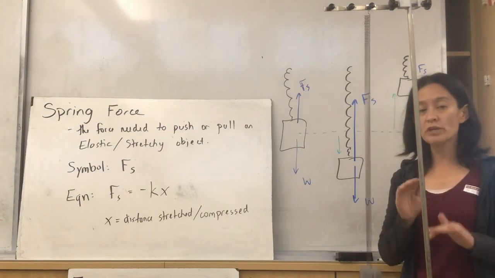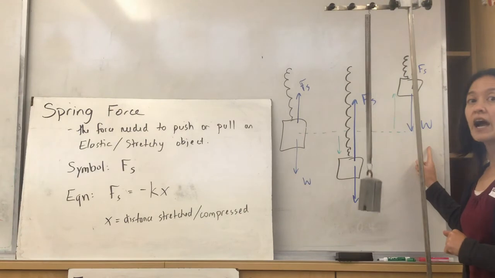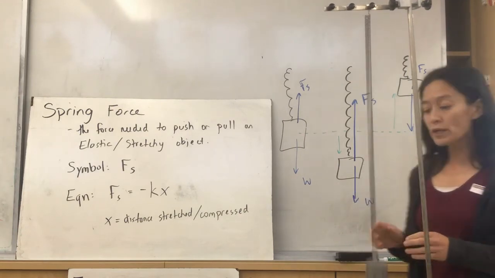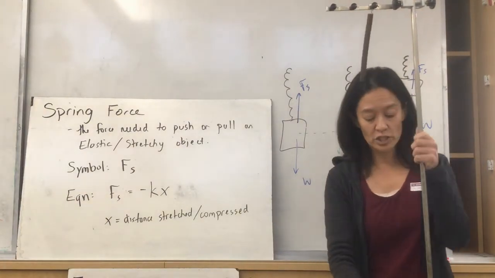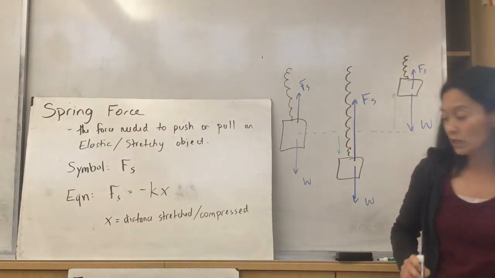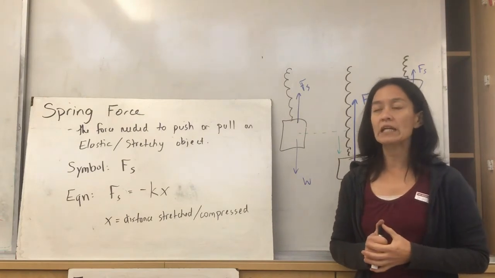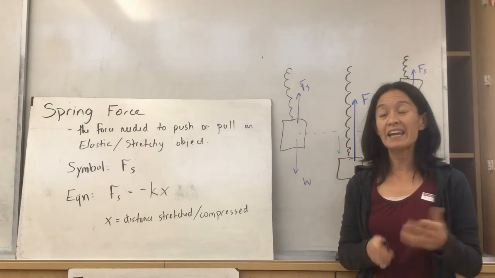And because my spring force is changing in size and my weight is staying constant, I end up having this varying acceleration. So spring force is tricky because it has a varying acceleration. We cannot use kinematic equations because kinematic equations are only for constant acceleration. And it's tricky to analyze forces with a spring force because that a value is changing,